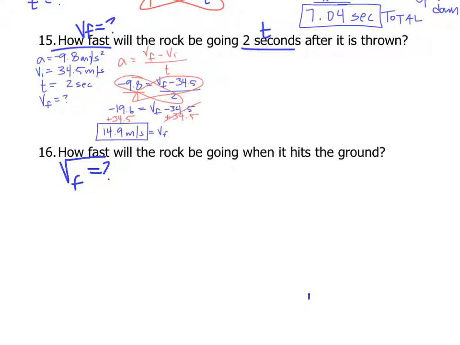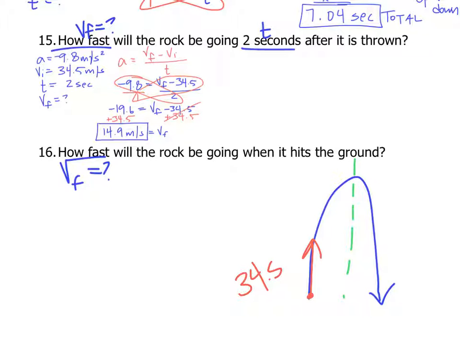If my rock is going up and coming back down, we've already said that this pathway is symmetrical in that the left side going up is equal to the right side coming down. So if I have at this point a positive 34.5